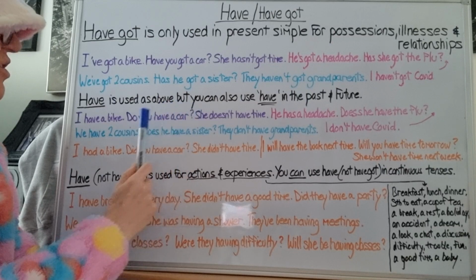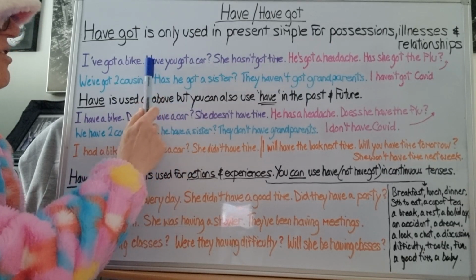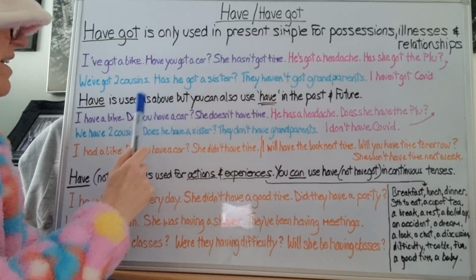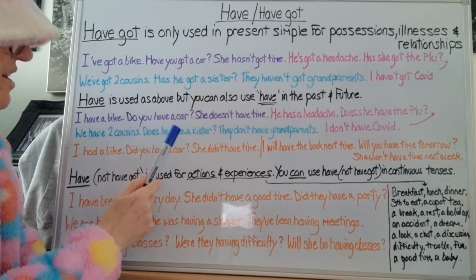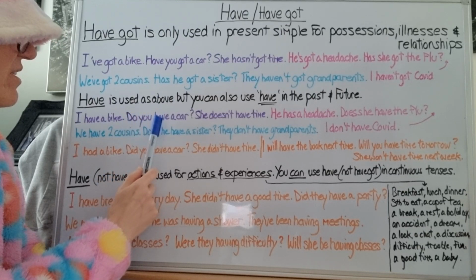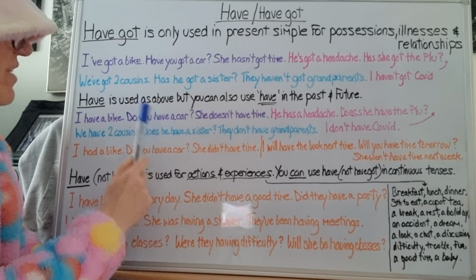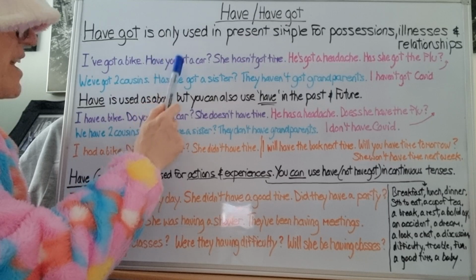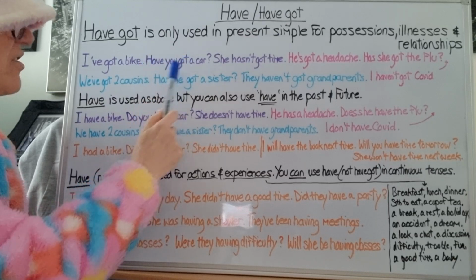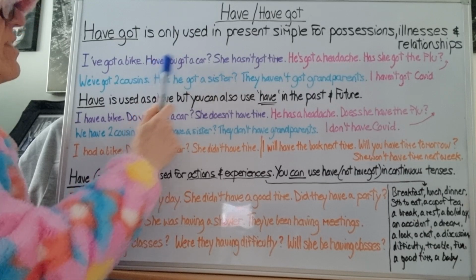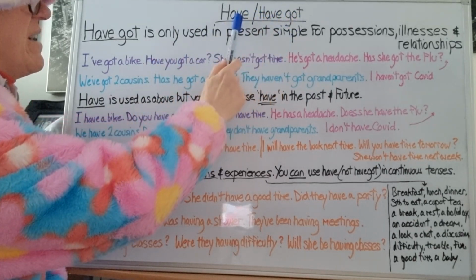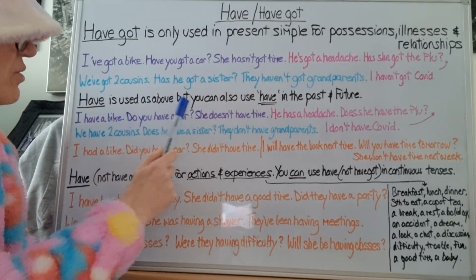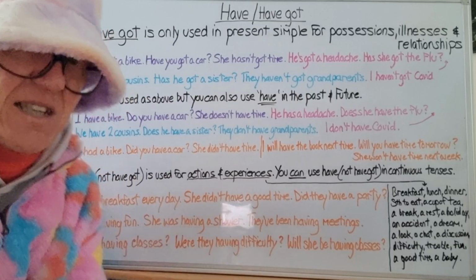Notice, when it's a question or a negative, here the auxiliary verb is have and the main verb is got. Here the auxiliary verb is do or does and the main verb is have. Do you have? Does she have? Do they have? Does he have? Have you got? Have they got? Has she got? Has he got? Okay, auxiliary here is have, the auxiliary and the main verb. Here, this is a main verb, so the auxiliary is, as you would expect, do, does, don't, didn't.